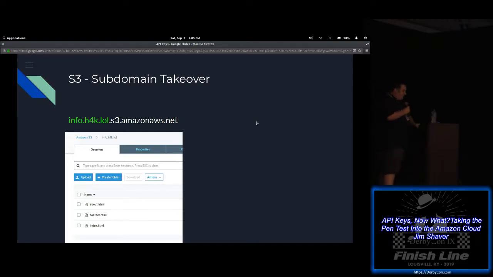So the first example that we're going to talk about is a subdomain takeover. This one doesn't require really any authentication into your target environment at all. So this one sort of stands alone. And this is part of S3. So this is an S3 bucket. And all you need to know about an S3 bucket is it's just a container for data.